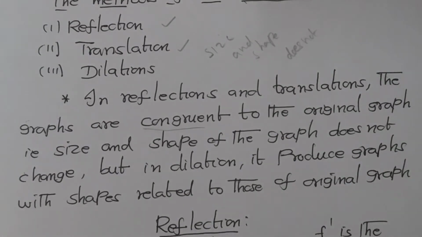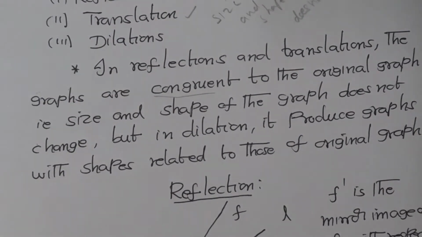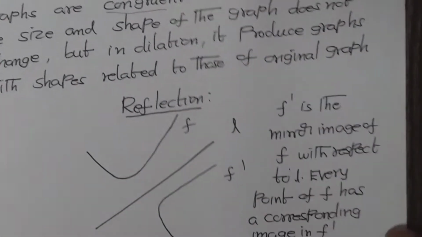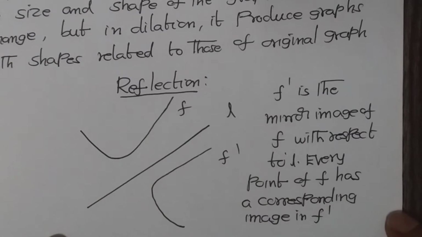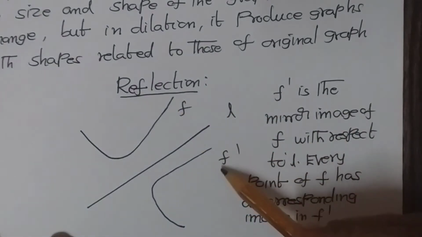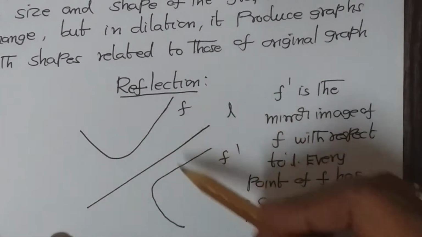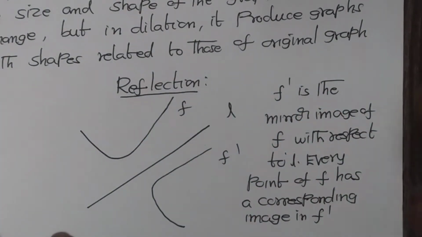Students, now we'll see what is a reflection. Reflection means like an image of the graph, a mirror image. Like if you see your face in a mirror, your reflection will come. In light also you studied about the reflection. The incident ray, when it falls on the surface, is going to reflect along the same path. Same way, reflection of graphs is also there. You see here, this is a straight line L, this is a function f. The function f appears as f dash. Same shape, same size. It is not smaller or bigger. Same shape, same size.